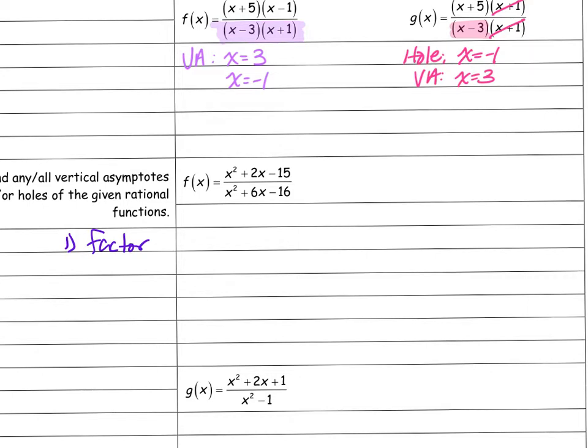And if you notice, they are both trinomials with an x squared. So I have 3 terms with an x squared. So I'm going to factor. So I'm going to do the top, or the numerator, this time. Give me 2 numbers that multiply to be -15 and add to be 2. Well, what multiplies to be 15 is 3 and 5. And then I know this is negative and this is positive. So the 5 is positive and the 3 is negative. So I know that f of x is going to equal x minus 3 times x plus 5 over